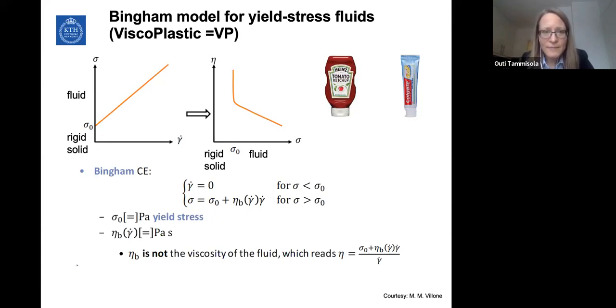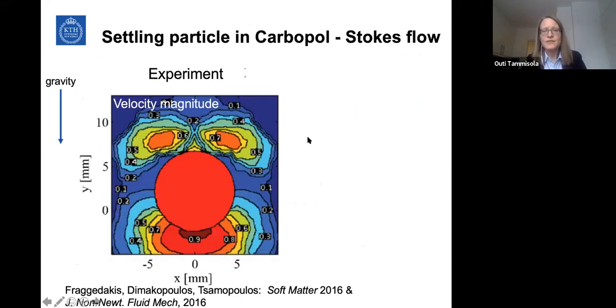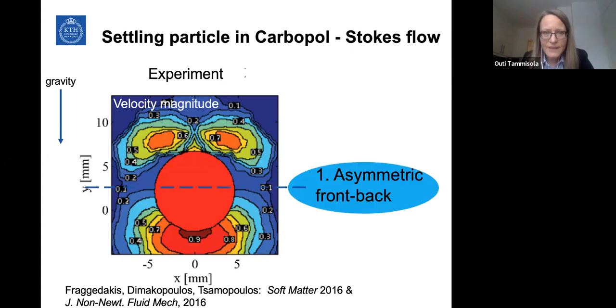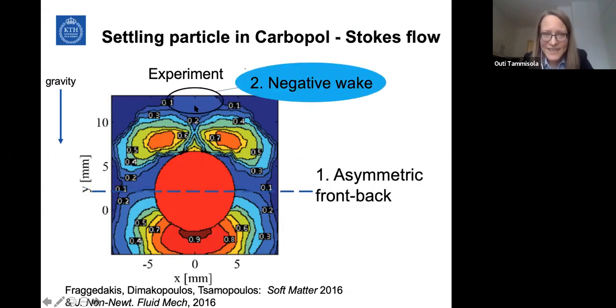So let's see how it applies to this problem of one particle settling in carbopol then. So here we have an experiment. It's a particle in carbopol, and in this case it is obviously settling because there is a velocity field shown by these colored contours. So I would like to note two things about this velocity field. So first of all, it's asymmetric on both sides of the particle, so it's not the same at the back and at the front. And secondly, there is what we call a negative wake,